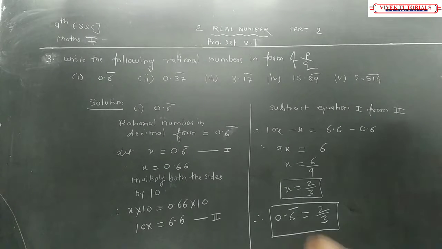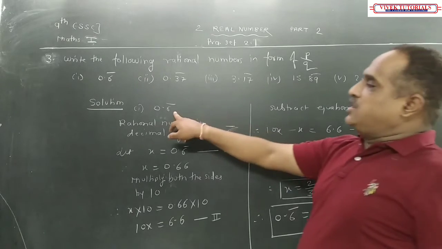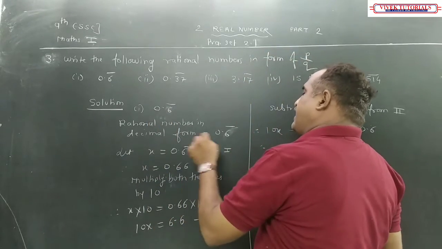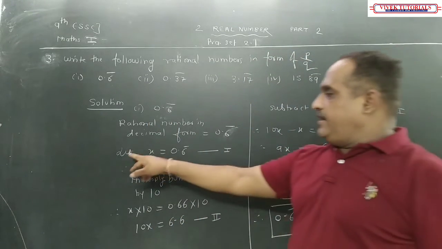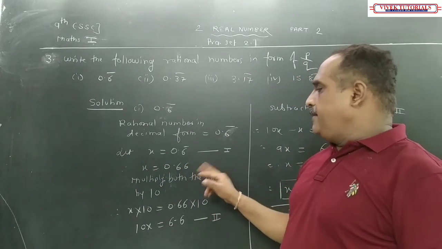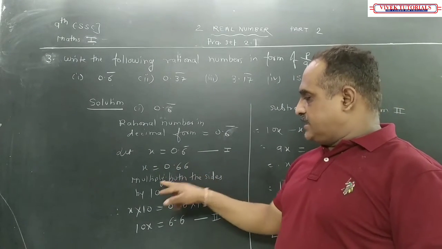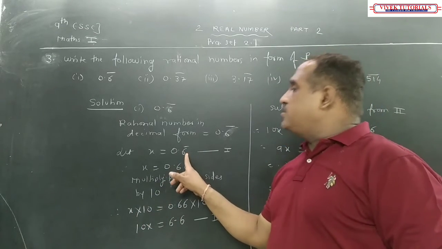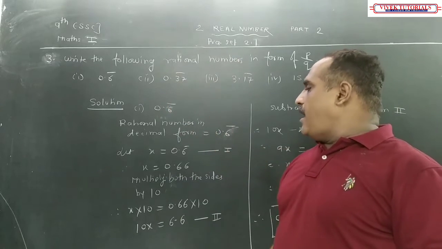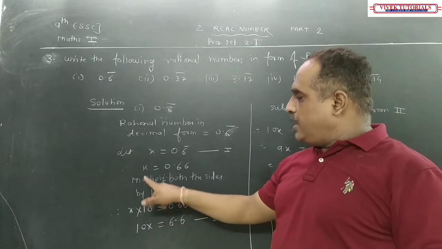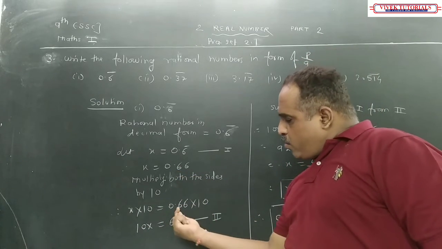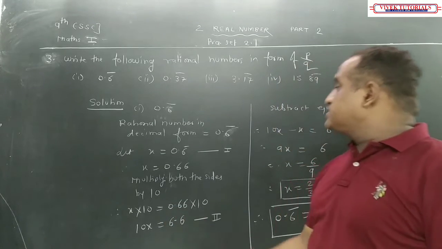Have you understood this? So we'll solve one more sum, we'll get an idea. But I'm going to revise it once again. 0.6 is there, right? So what is the rational number in decimal form? 0.6. Let x is equal to 0.6 recurring. Then what is the recurring? 6.6. Multiplying both the sides by 10. Because it is 0.6 only. If it is 0.37, I will multiply by 100. So I am going to multiply by what? 10. So x into 10 is 10x. And 0.66 multiplied by 10, one decimal point will get shifted and become 6.6.